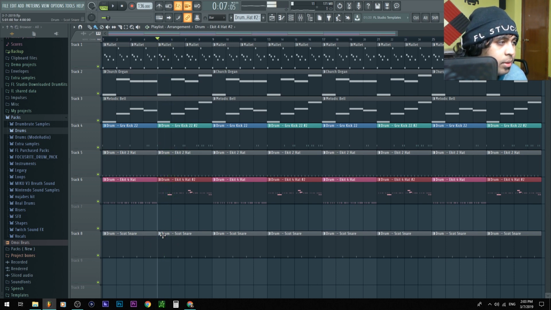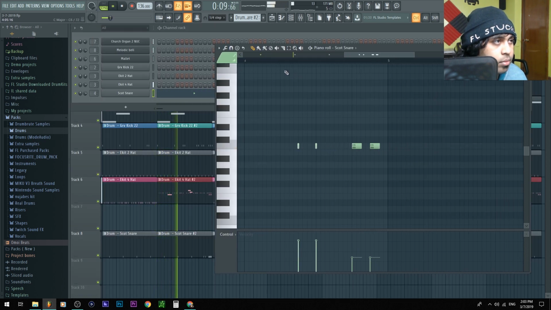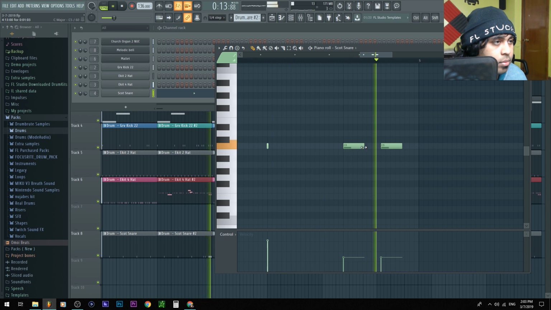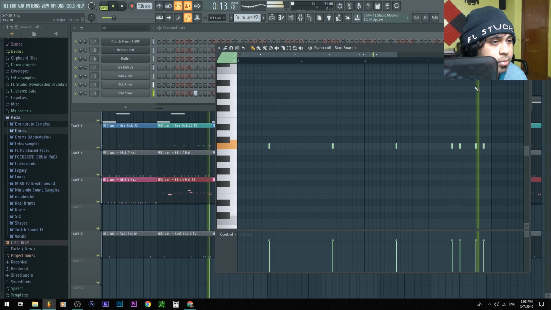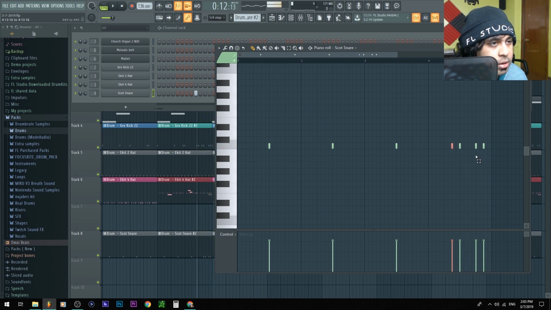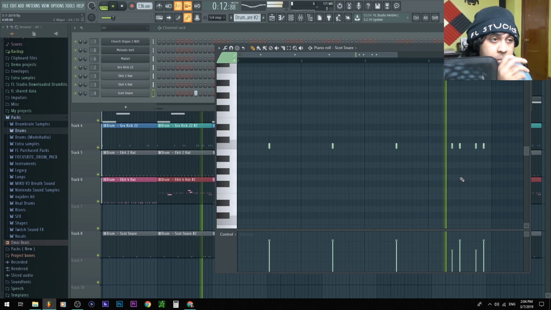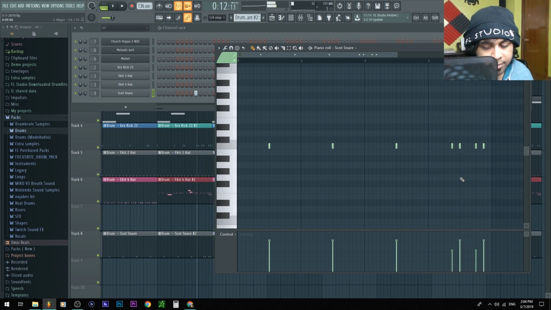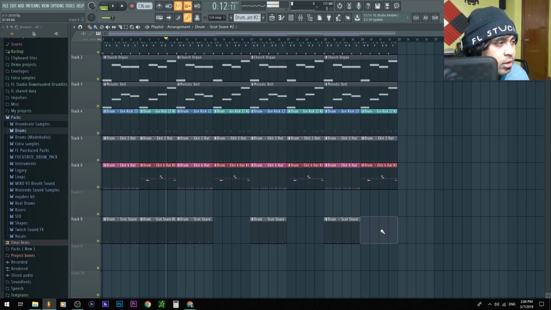Same thing with the snares. We can make it unique. Notice the different velocities from this. I'm just gonna drag it all the way down and bring it up, so it's like that. And what we could do is just make these snares lower, so it has like a da da da da like that. Velocities, my friends. So yeah, now we got uniqueness all over the drums.